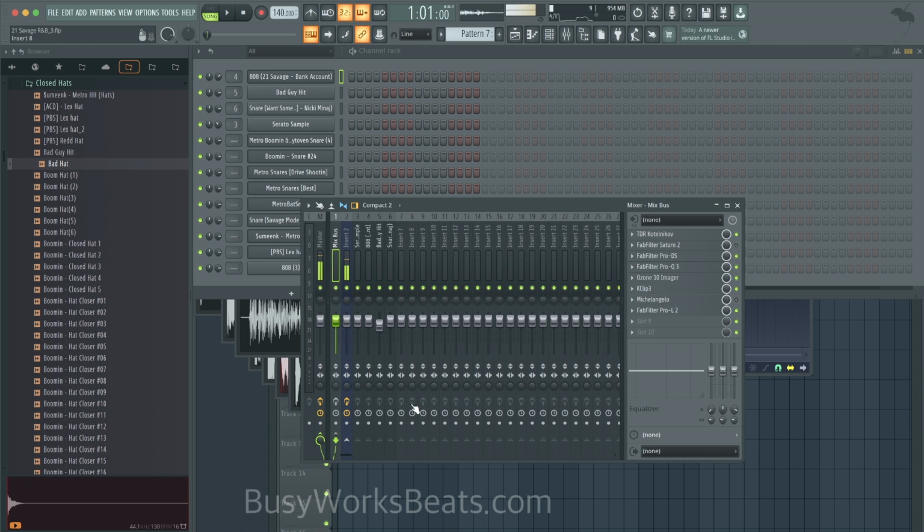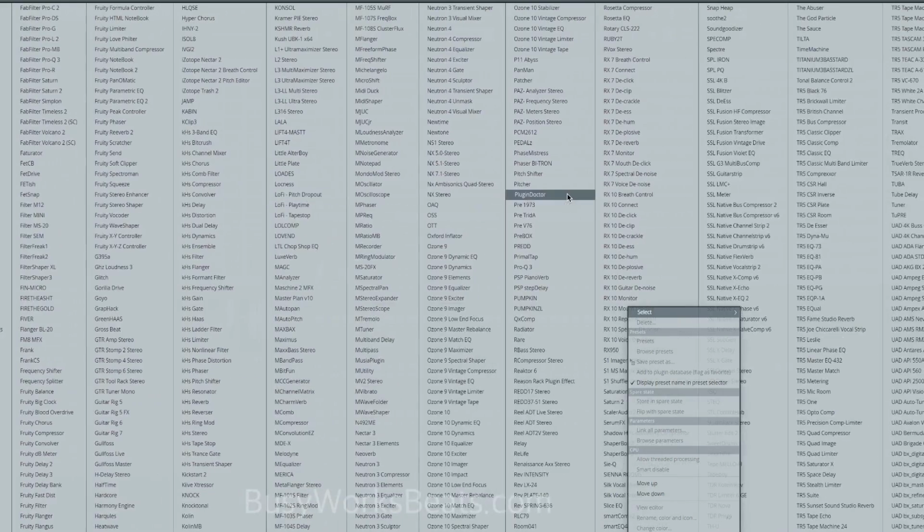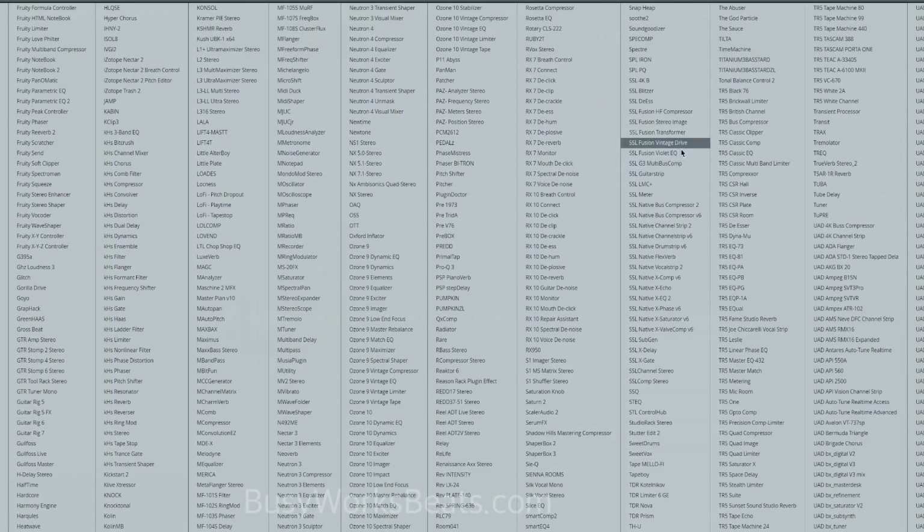Next plugin is called Weiss DS1 MK3. I don't have it loaded up on this track because I don't use it for every single track. So what I'm going to do is plug in my iLok. But in the meantime, I'm going to go to the next plugin. They canceled, I think it was called Gobbler, a subscription website that I used to subscribe to SSL. Now they're going through a different website, so I don't have it.